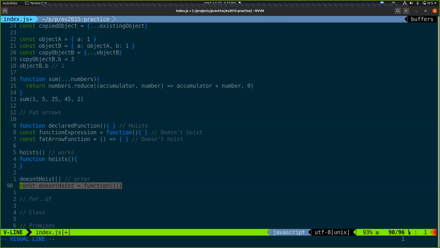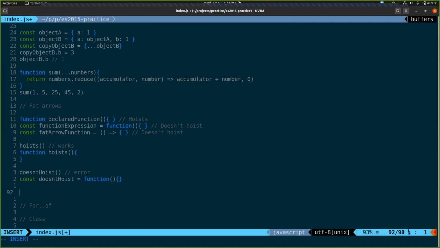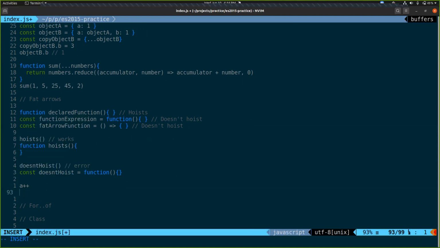Like no other variable declaration or assignment, we can't do that with anything else. I can't do a plus plus and then let a equal 3. That doesn't work, so why would it work if I did it with a function? It makes function declarations a little bit special. There are people that do not like function hoisting. They think it's confusing. I think function hoisting is awesome, but whatever, I lost that battle.